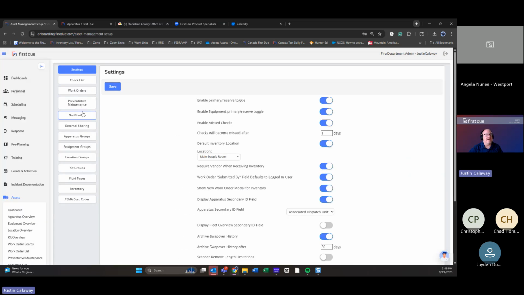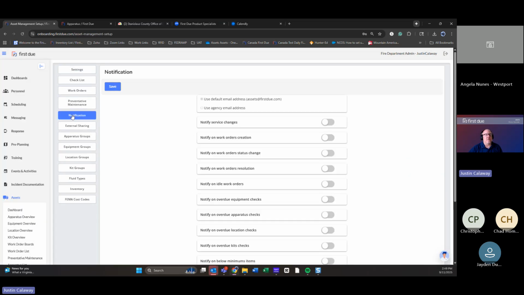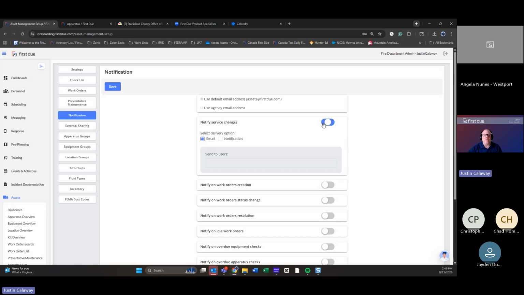All right. Let's talk about notifications here. Within the notifications, you're going to be able to create notifications for service changes. That's your in service, your out of service, your primary, reserve, and that goes for your equipment and for your apparatus. You can do it by email,